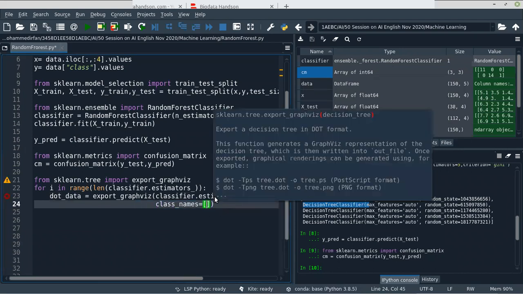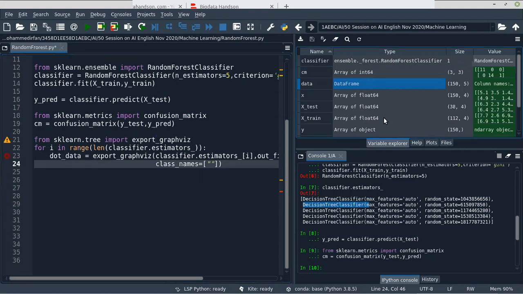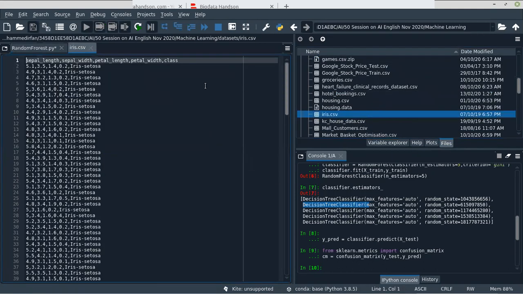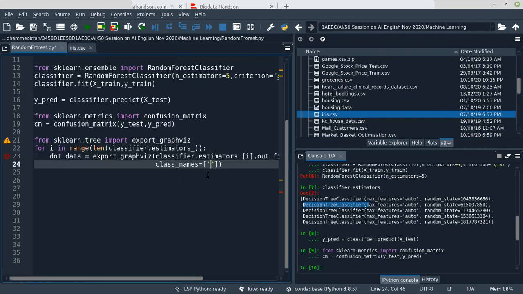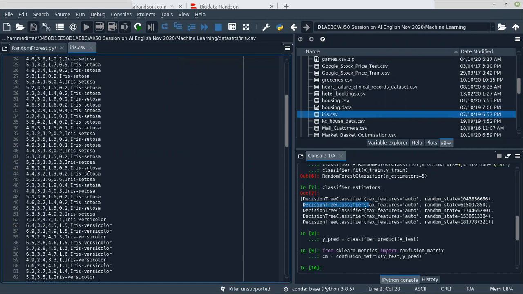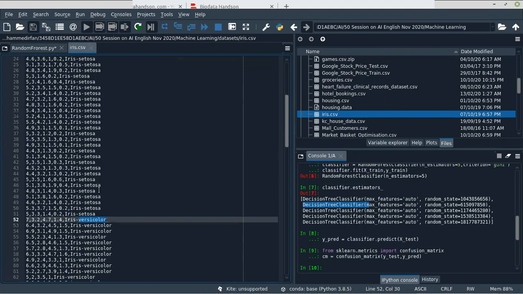So the class names are the Iris names: Setosa, Versicolor, and Virginica.